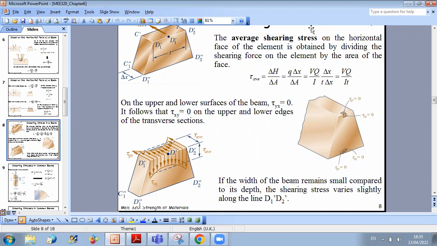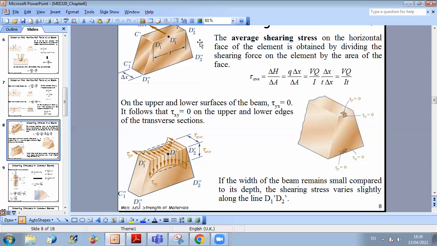We have seen that the shear flow Q can be written as VQ over I. And delta A, which is the area on which the delta H force is acting, is equal to delta X times the thickness of the beam where we did the cut. Okay, so now delta X will be simplified, and then the expression of tau, the average shear stress in the